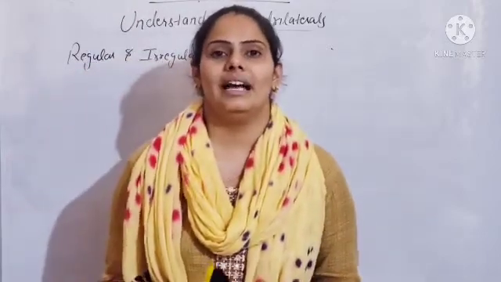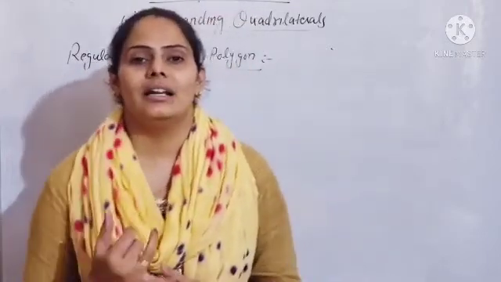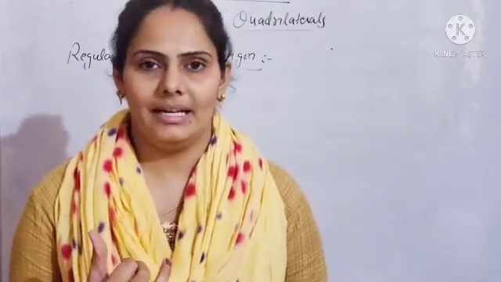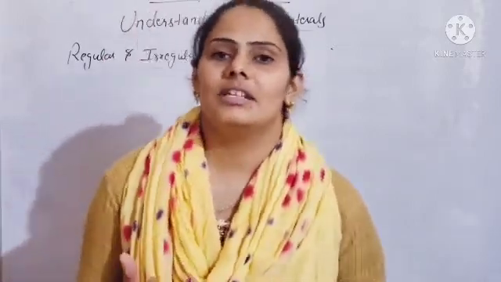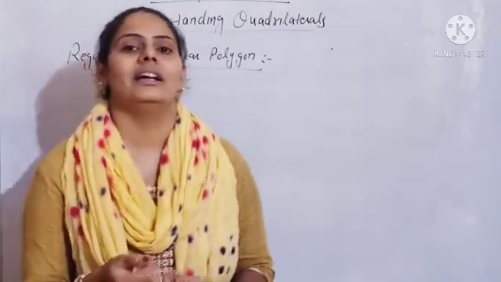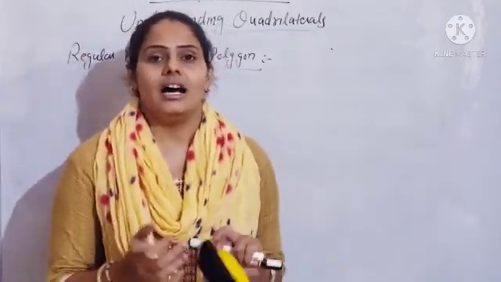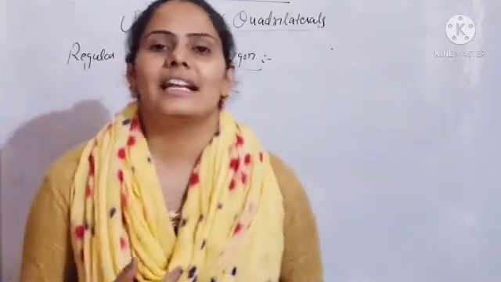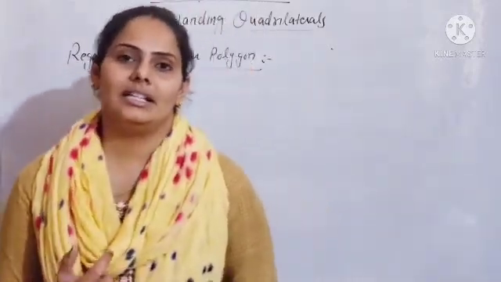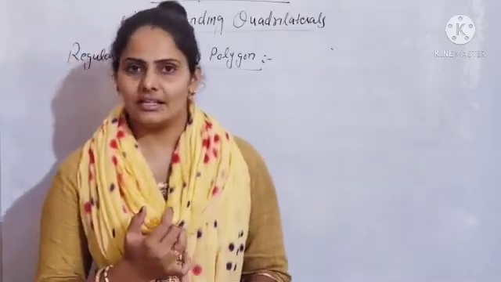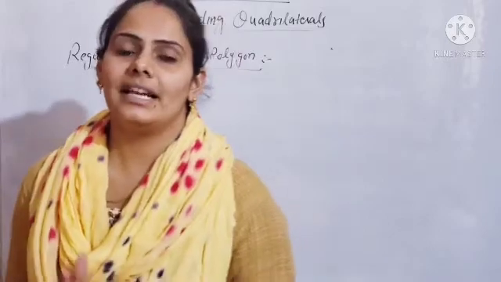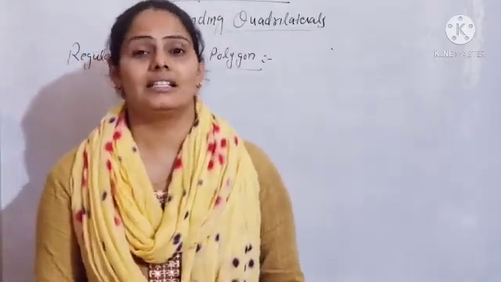So what you have to do, beta, I have told you about the simple curve, simple surface, plane surface, plane curve. After that, simple polygon, definition of polygon, classification of polygon. After that, what are the diagonals of the polygon, what are the interior and exterior points of the polygon. After that, what is convex and concave polygon, like that. And after that, in the next class we will complete regular and irregular polygon and angle sum property.